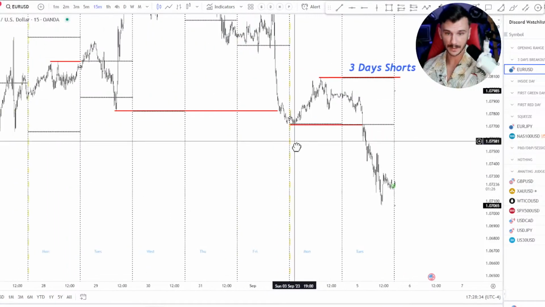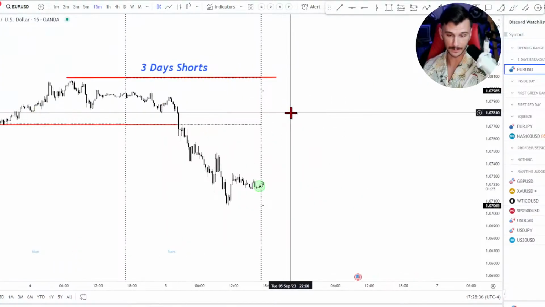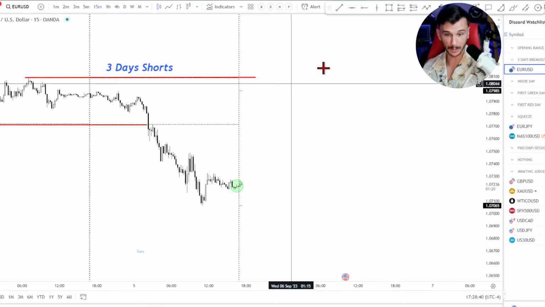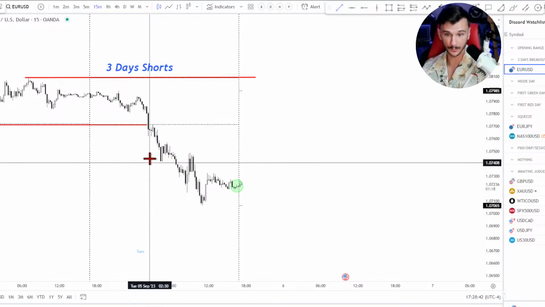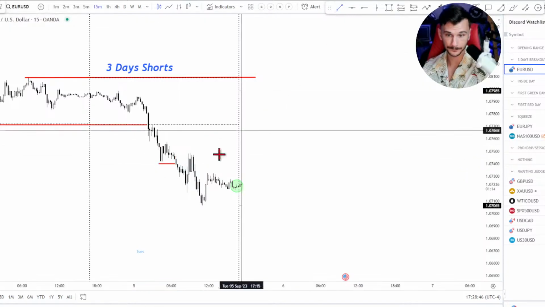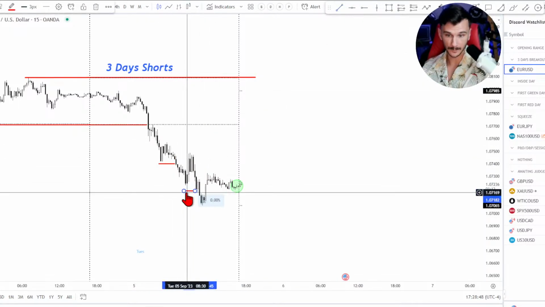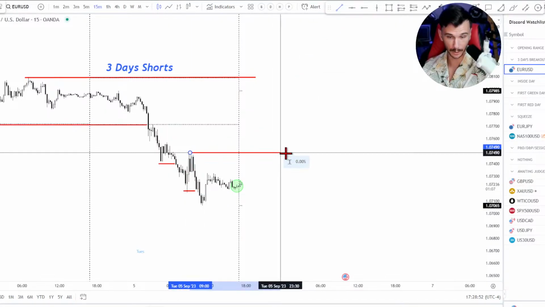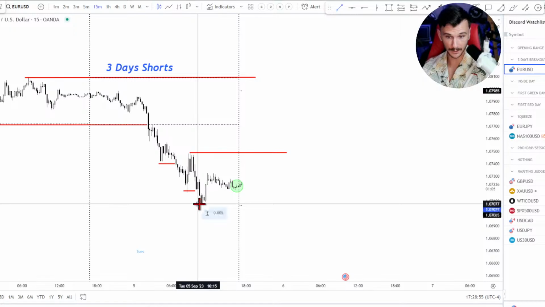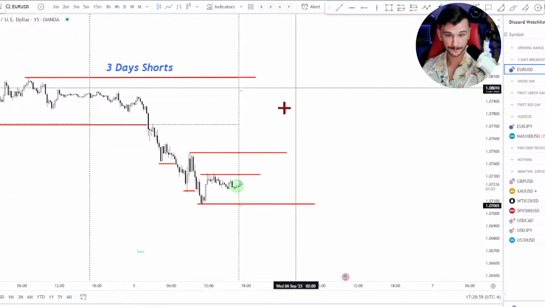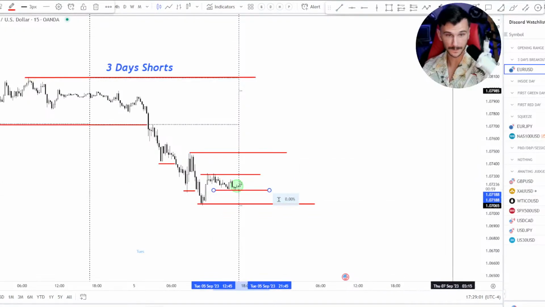So I don't know if it's going to continue from last week or if it's going to reset and maybe we'll have 6 days of shorts in the market or whatever. But basically the market has been brought down quite low early on in the week, which is interesting. You can kind of see the jab 1, jab 2, and then 3. So last swing high, last swing low of the New York session, or just of the day in general, creates a box, and then we're going to have a box within a box. Something like this.